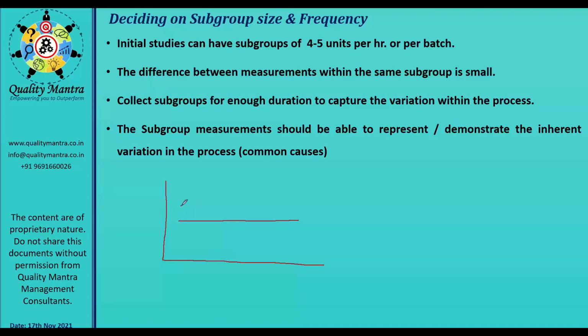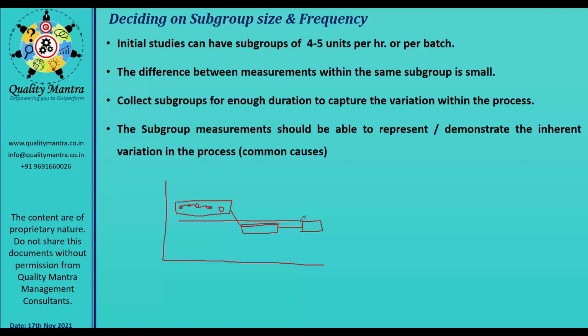For example, if you are driving and every 5 minutes you are taking the data of a driver's location, these 5 data points should be near to each other, and only then can you say this is representative of that 5 minutes of driving. Next it may go here, so the conditions are different. This condition is different, again this condition is different. So for a different set of conditions, different data will be collected.